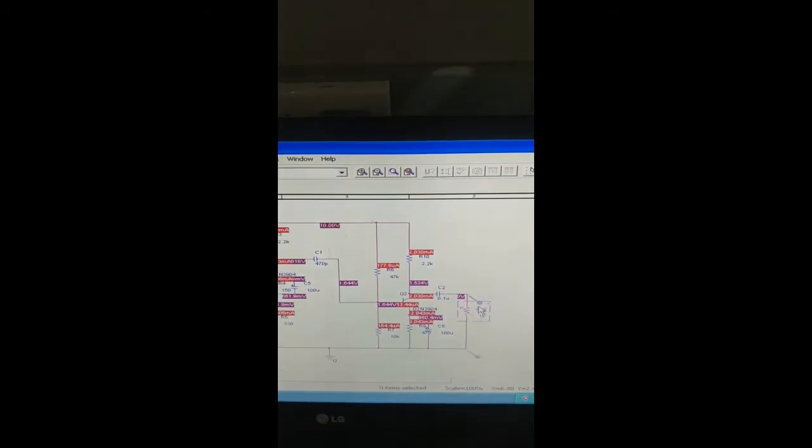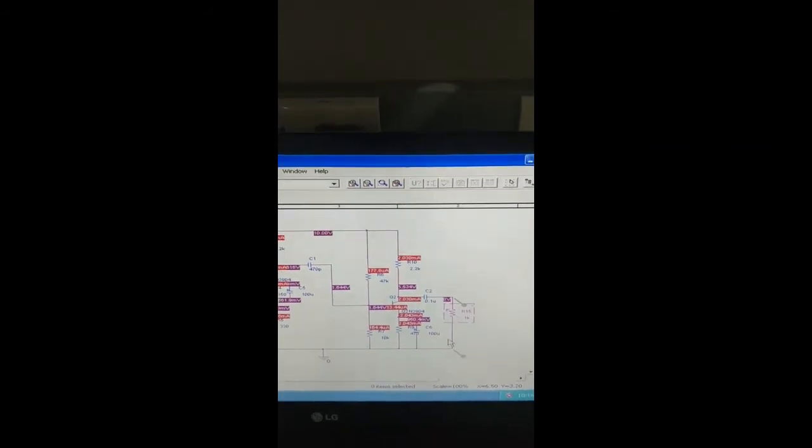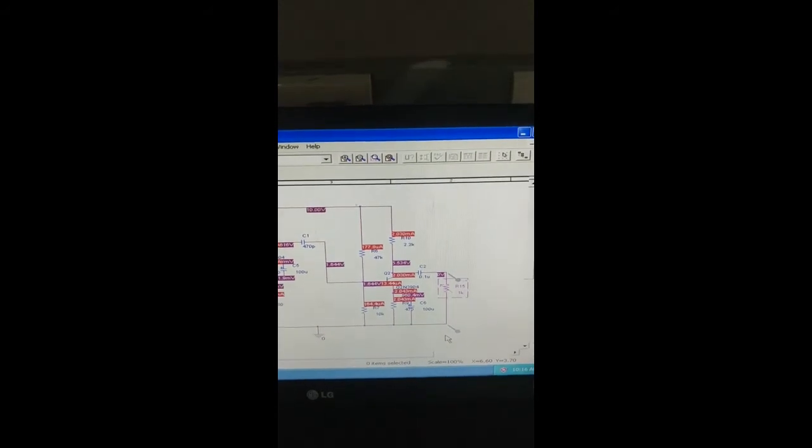Now we have connected a variable resistor across the output as the load resistance. So we'll set the value of this variable resistor such that the output voltage reduces to half of its maximum value, and the corresponding resistance value is the output impedance. So let us check the value of output when the load is 1K.